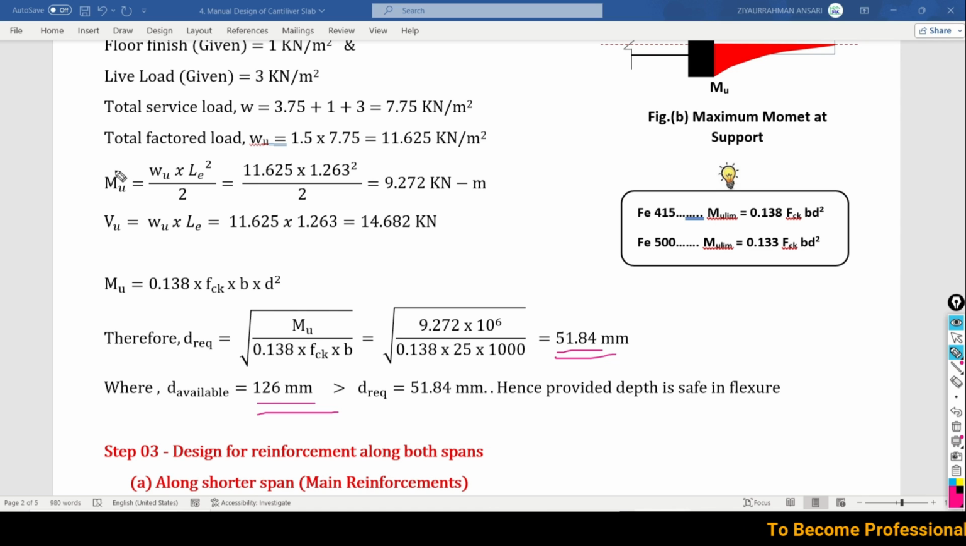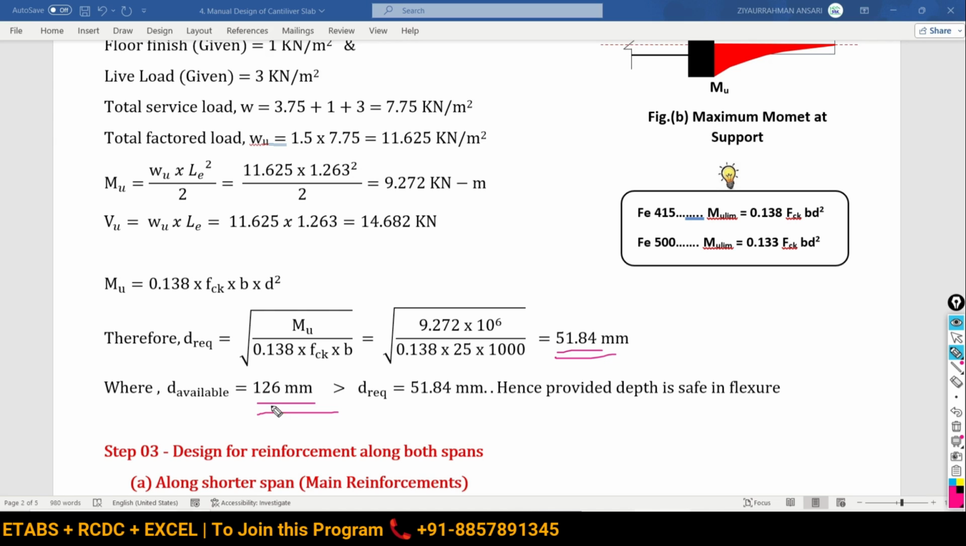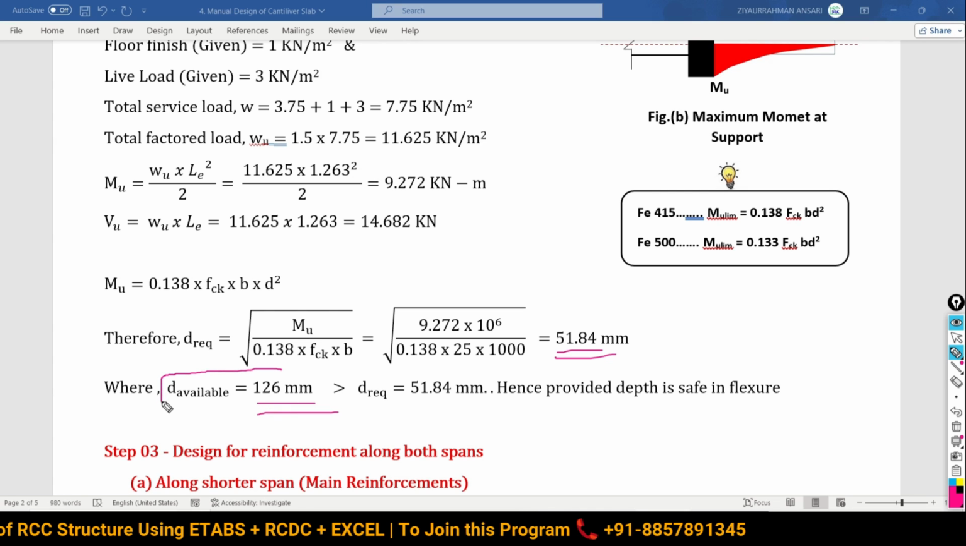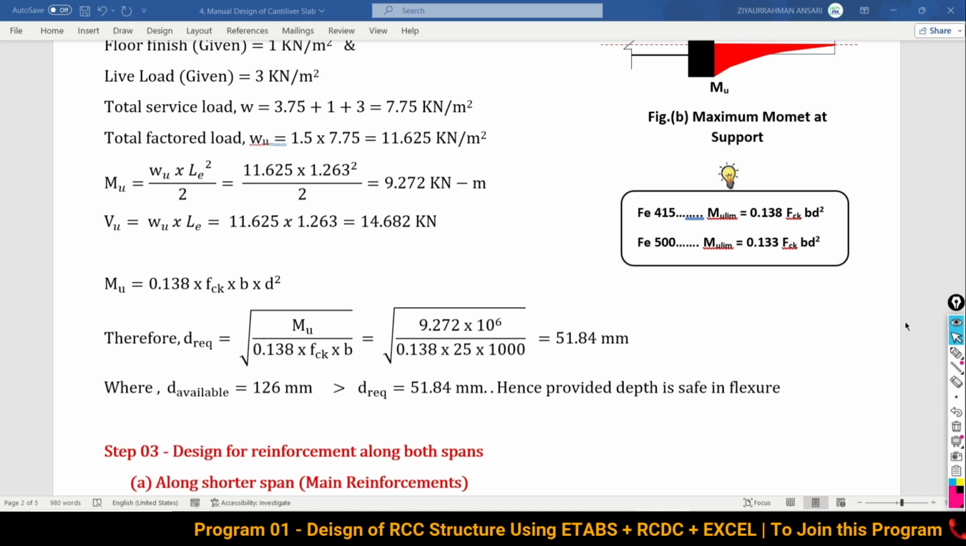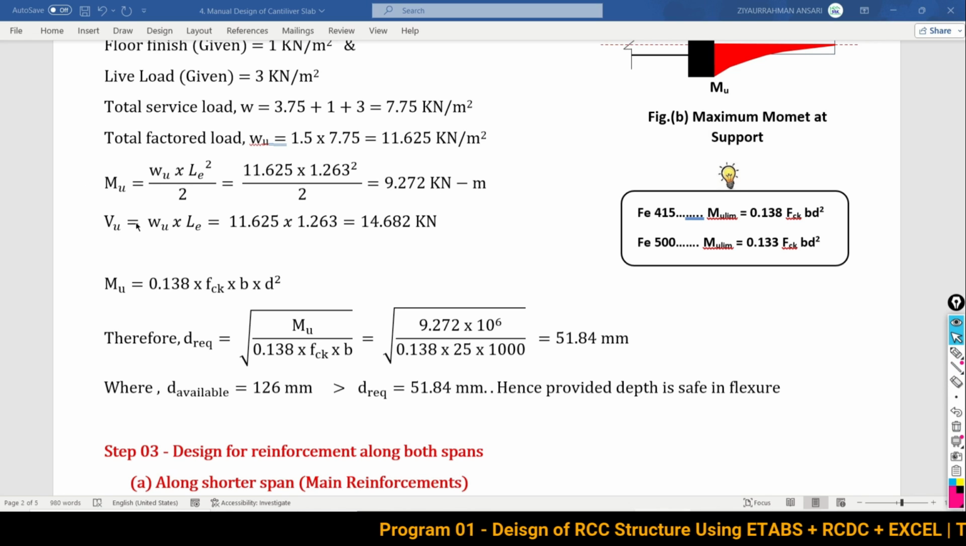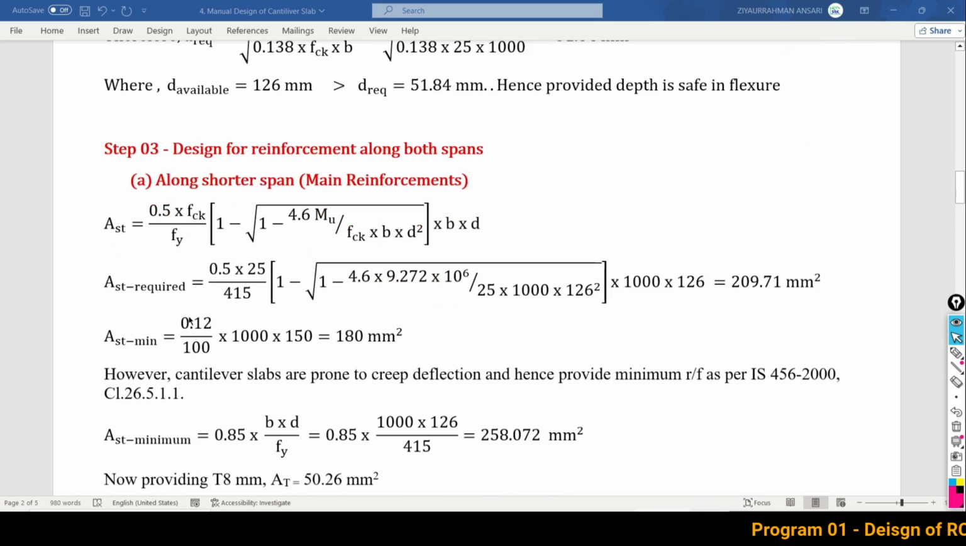Flexure means what? The depth required for resisting the moment is only 51.84, but we have provided 126. So we are on the safe side. Whatever value is required, we have provided more than that, right? So this is how to calculate the maximum bending moment, maximum shear force, then how to check your depth for flexure. Now in step 3